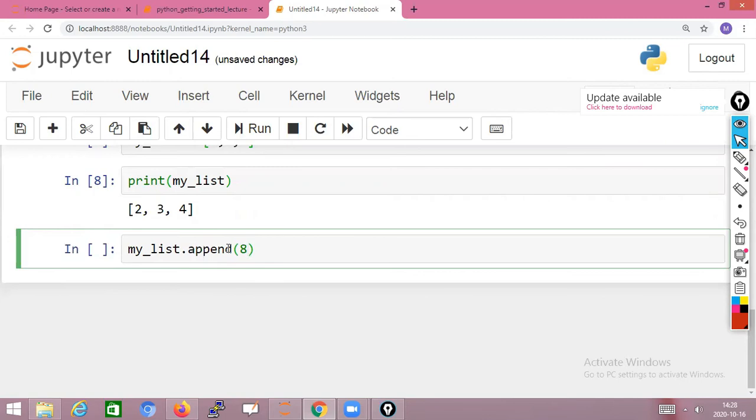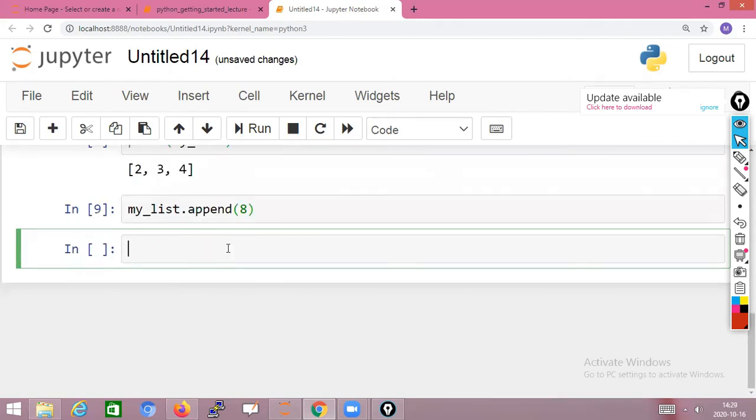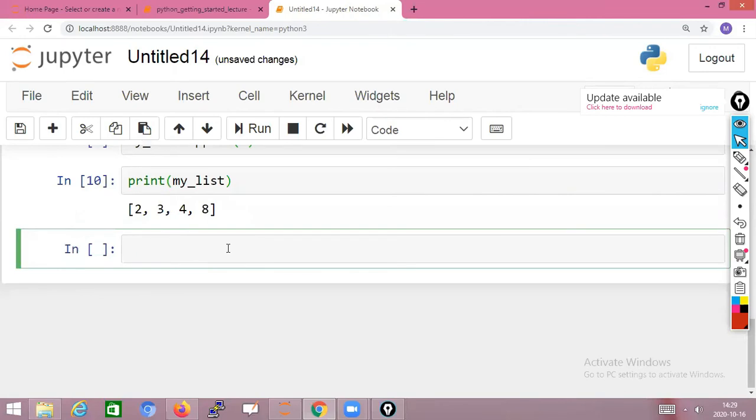Now press Shift+Enter. Now we'll check whether 8 is added or not. Print my list, Shift+Enter. Now there is 2 3 4 8. So it is added.